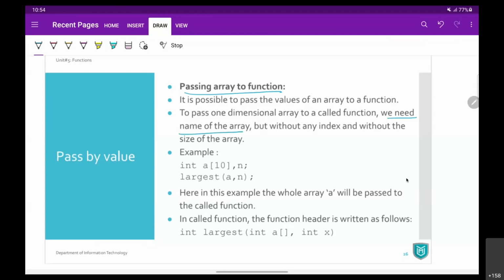Okay, we just need the array name without any index, without any size. Then it is going to be passing the entire array to the function. So अगर आपके पास एक array है a of 10, maximum size is 10 elements and it is integer type and the variable name is a, then you can pass that variable a, array variable, to any function by just referring to your array name, only name. There is no need of square bracket after that and no need of any index there,